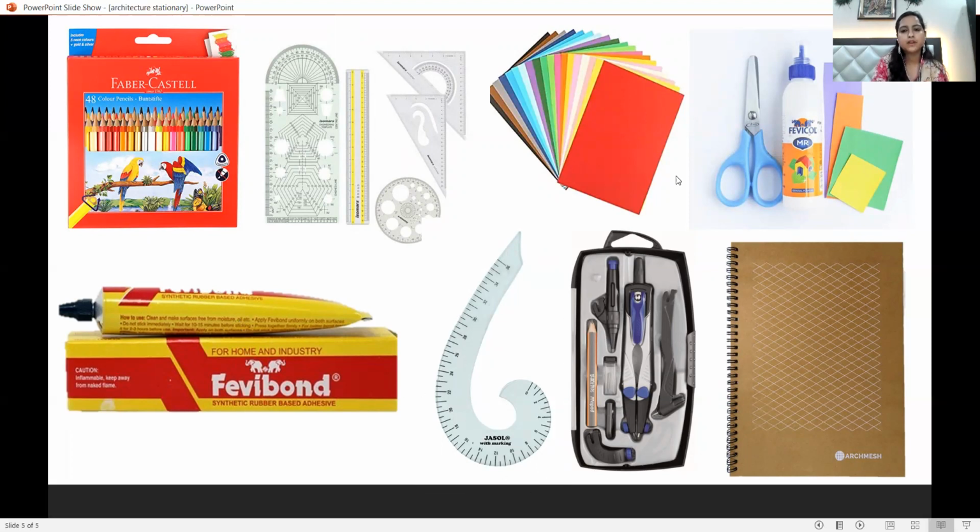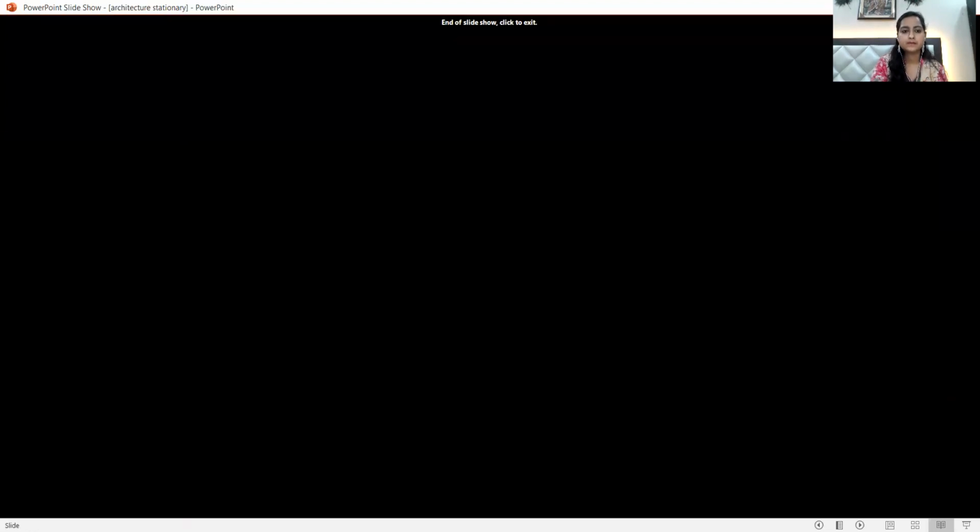And the geometry box, which is one of the necessary things, and you will require it for making circles. And next is the grid book. The grid book is required for making furniture in a proper manner, at a proper scale. In earlier times, we didn't know how to make furniture at a particular angle. So we can use this grid book for practice, to learn how to make all the furniture and small things at a particular angle.